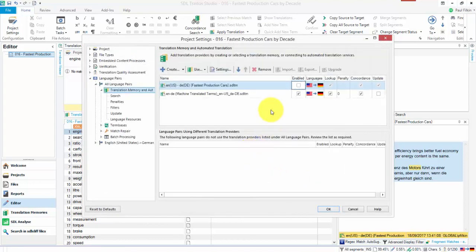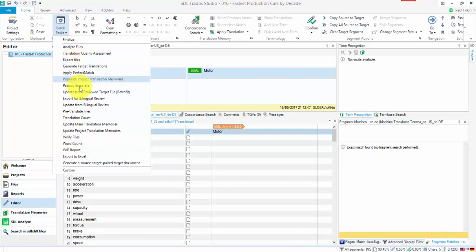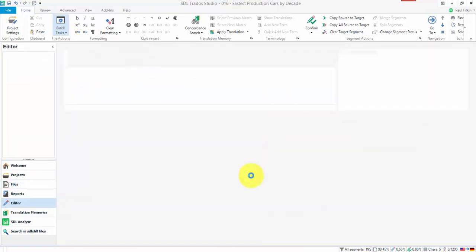Delete the temporary files, and now I'm there. I'm not going to bother updating it because I just want to pre-translate from it really. I click on OK. You can see I'm getting a result immediately from here. It just happens to be the same as the one that I used before. That's great. I'm now going to come to my batch tasks, pre-translate the file,